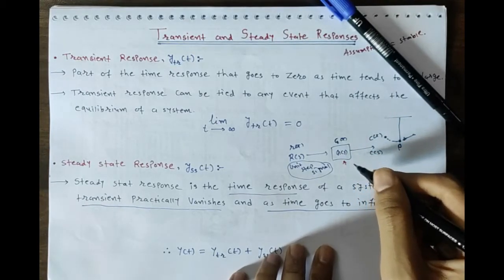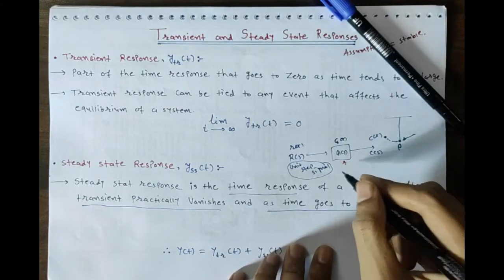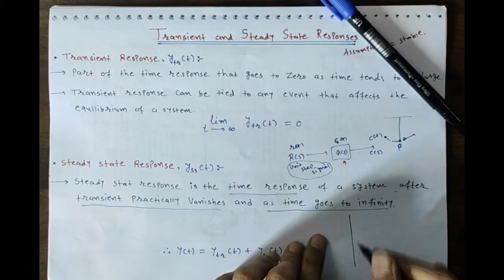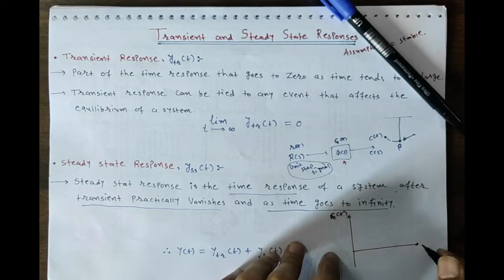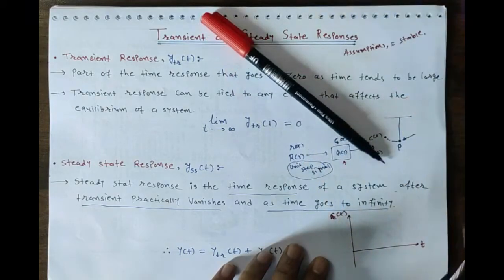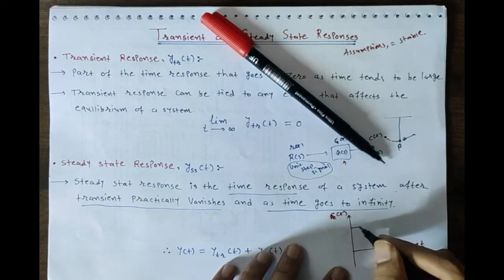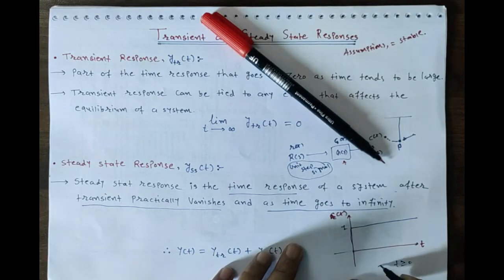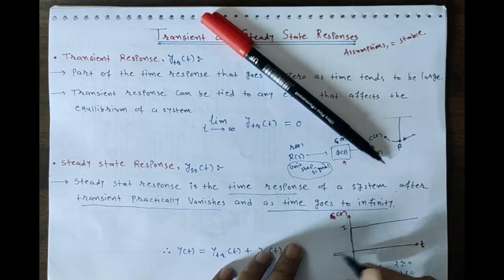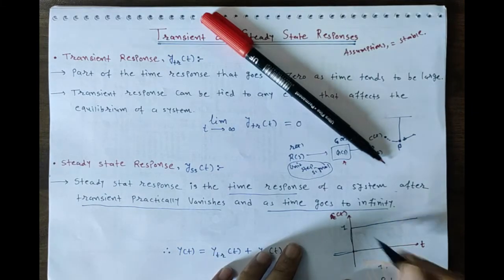sometimes it can be an exponential behavior due to the system modeling. Let's say it is an exponential function. Okay, this is your c(t) against time t. So our input is r(t), that is a unit step signal having the value, for t greater than or equal to 0, of 1 unit, it means 1, and for t less than 0 the value is 0. So here you can see, for t less than 0 the value is 0, and for t greater than or equal to 0 the value is 1.